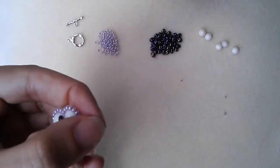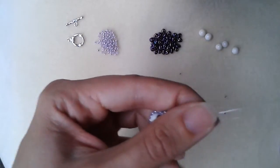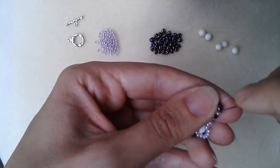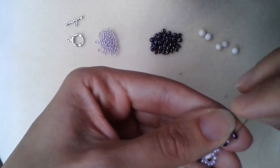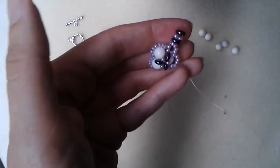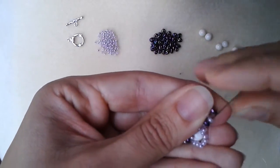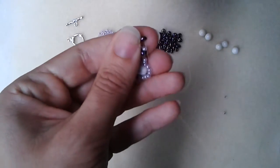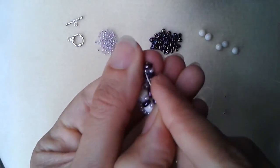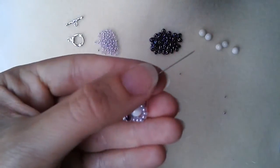And now I have this. I will do this 2 more times. So I'm taking a twin bead, I'm sliding it down. I'm going through the other hole of this twin bead like that. And then through the bottom hole, through the down seed bead like that. Then again, I'm going through this seed bead here